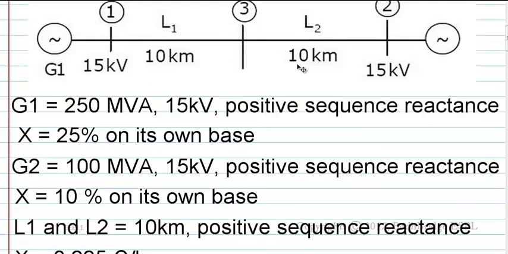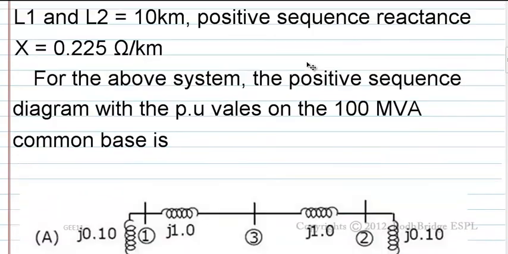L1 and L2 are 100 kilometers. Positive sequence reactance X equals 0.225 ohm per kilometer. First question. For the above system, the positive sequence diagram with the per unit values on the 100 MVA common base is,